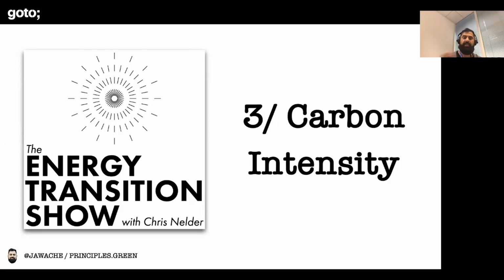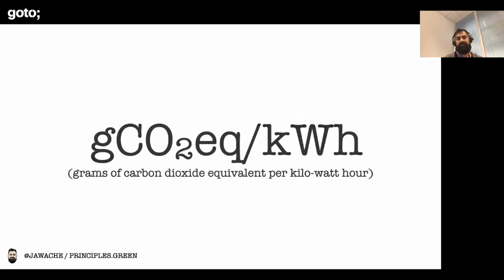The measure of how clean or dirty electricity is called carbon intensity. And it actually has a standard definition, which is this. Now you should understand why I was explaining all these terms earlier on, because you need to know that to understand carbon intensity. It's grams of carbon dioxide or grams of carbon per kilowatt hour. So for every kilowatt hour, which is a volume of electricity, how many grams of carbon were emitted into the atmosphere to create it? The global average last year was 519